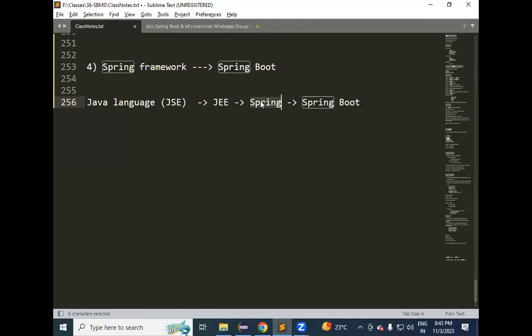Once you develop an application with the Spring framework, with that knowledge, then we will move to SpringBoot. Industry is at this place. Industry is working on SpringBoot. The companies are developing the projects based on SpringBoot. But what is your current